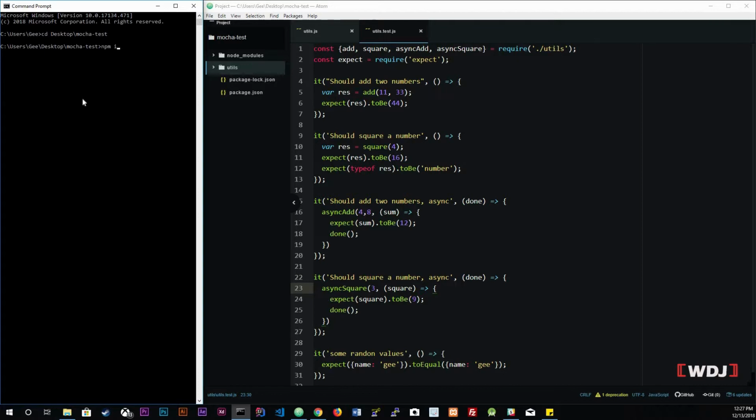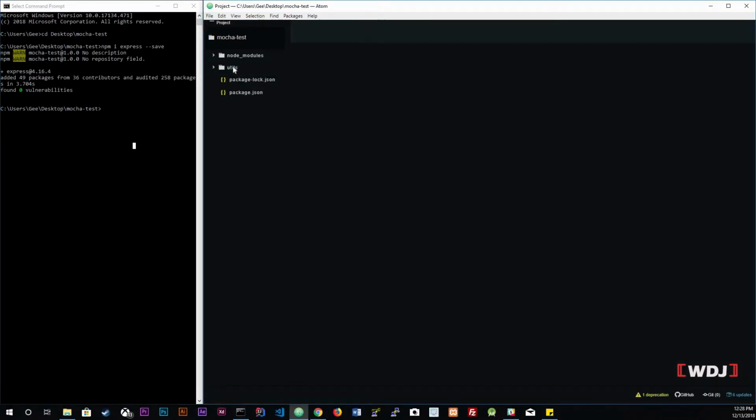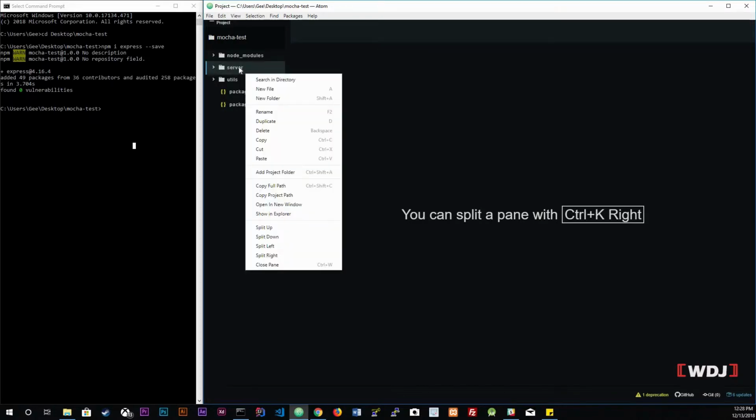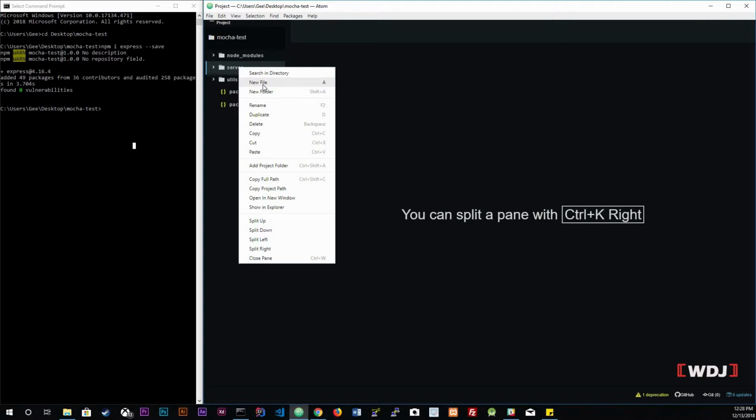So we're going to npm i express --save, and there's not going to be dev this time because this time we want Heroku to actually download Express. So in here I'm going to just exit out of these things. I'm actually going to create a new folder called server, and inside that server we're going to create a new file. I'm pretty sure you already guessed what it is,